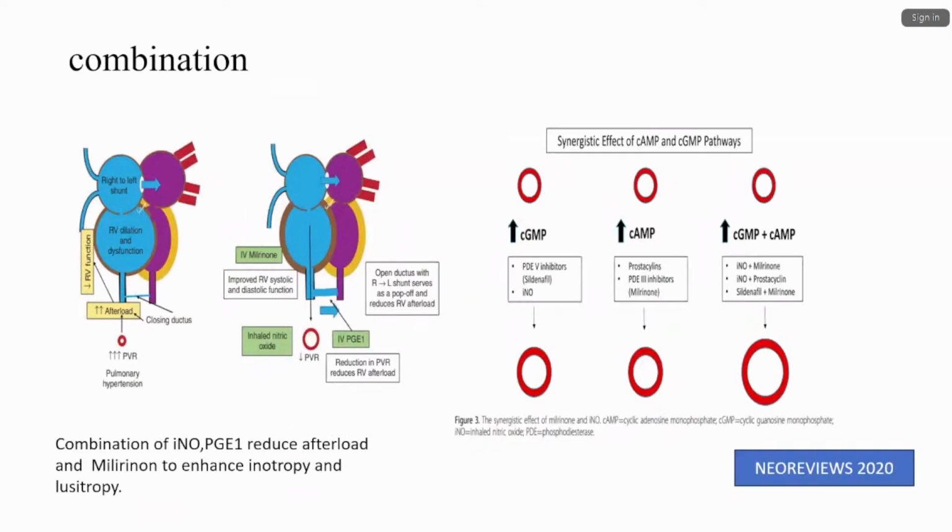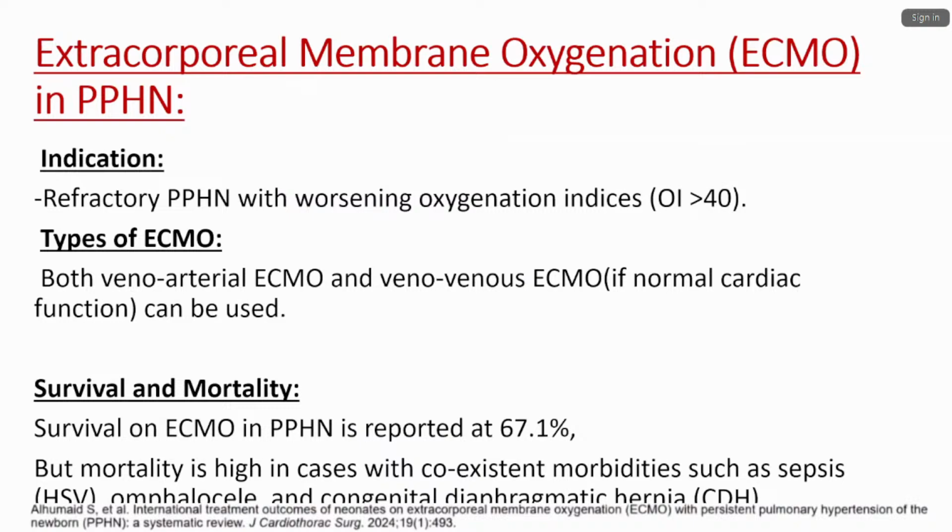So there is again one new review from 2020, where they said whenever we use different drugs, like INO with milrinone, INO with prostacyclin, there will always be a more synergistic effect, and it improves the PPHN better. So next comes ECMO, extracorporeal membrane oxygenation in PPHN. The indication for ECMO will be whenever there is a worsening oxygenation index requiring more than 40, or the child is deteriorating very fast